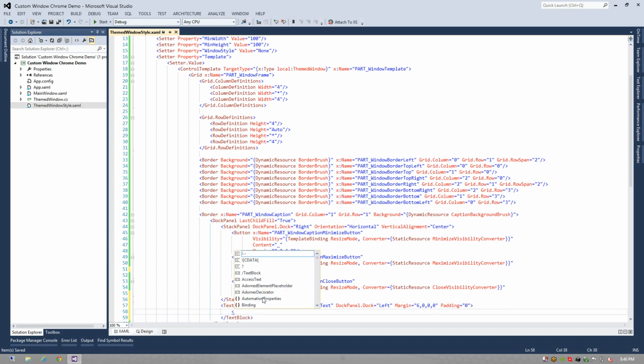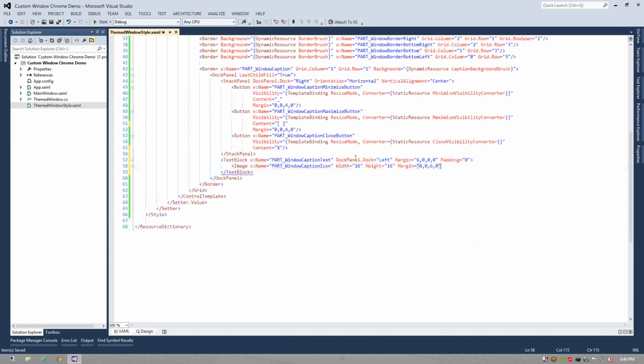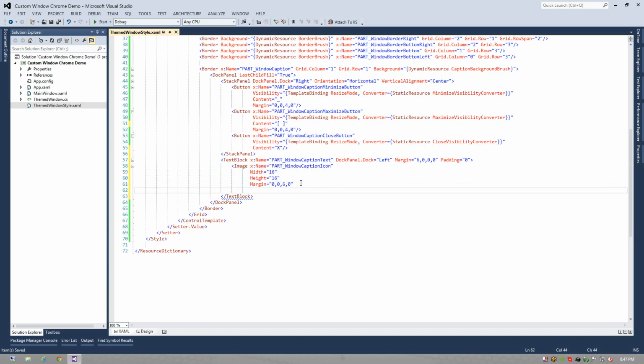Now we need 2 components here. We need our window icon, which will be our image, and this will be part window caption icon, and this will have a width of 16 and a height of 16. And again, we'll give this a padding of 6 pixels to the right to give it some space between the icon and the text. And then finally, we need to declare the source. So let's break these up onto their own lines here. So source, and this will also be a template binding